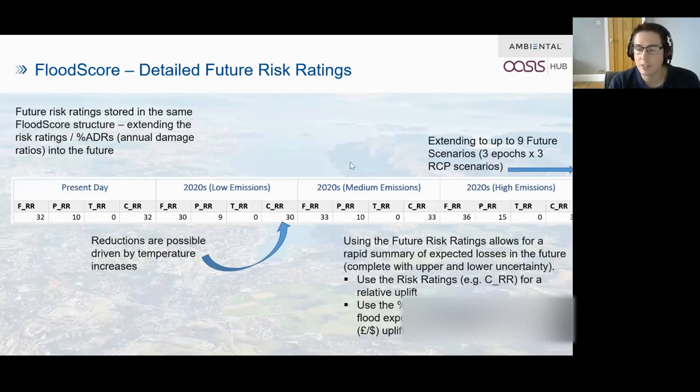comparable, relative. Of course, the risk might not actually go down, it might go up. It might not go up, it might go down in the short term. That's what some of the modelling outputs are showing, depending on which emissions scenario you follow. But essentially, it just makes it easy to relate something in the future to now. And you can look at that with defences turned on or ignoring the presence of defences or whatever. Cool, next slide.